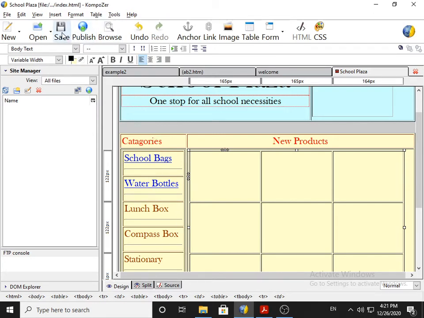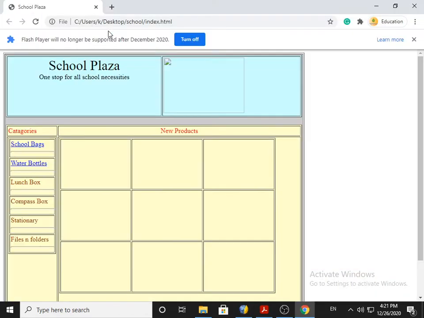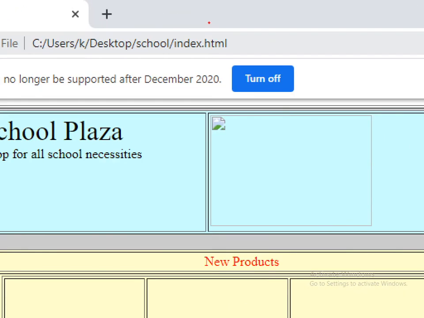Now see what happened. If I click on Browse, then it opens the browser, and in the browser I hope you can see school bags is there. If I click on school bags, then it opens schoolbags.html. Right now which file is open? I hope you focus. It is index.html.